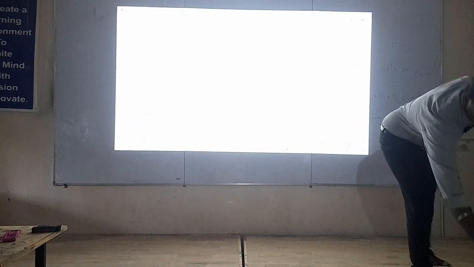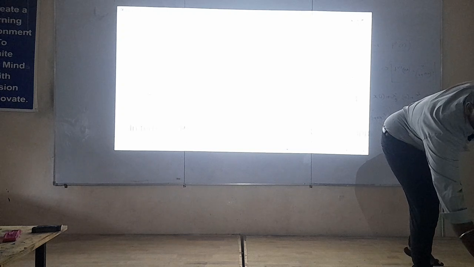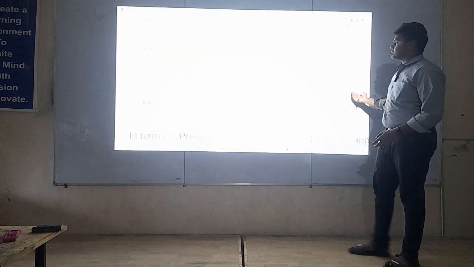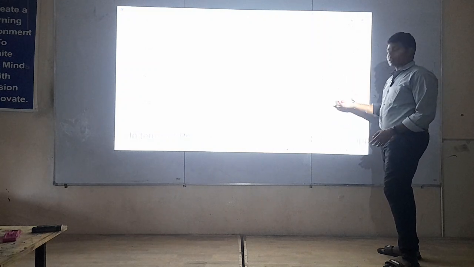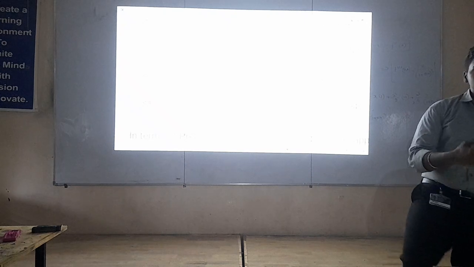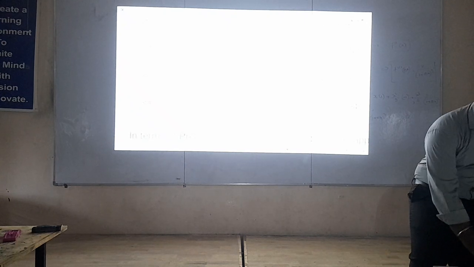So like that we will have less than and less than or equal to. Very simple stuff. You know the less than symbol. So like that we have greater than or equal to, and like this we also have less than or equal to. So these are the relational operators which we will use in these conditional statements.